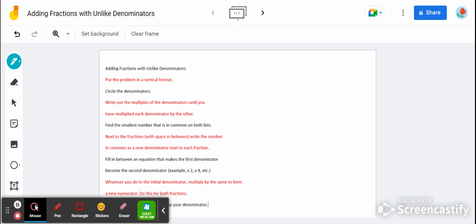denominators, and be done. But I always tell my students you can't add a dime and a nickel and say you have two quarters. Okay, we need to convert them to be the same thing before we can put them together. We can't add an orange and an apple and say we have two oranges. We need to convert them into fruit and then we can put them together and say we have two pieces